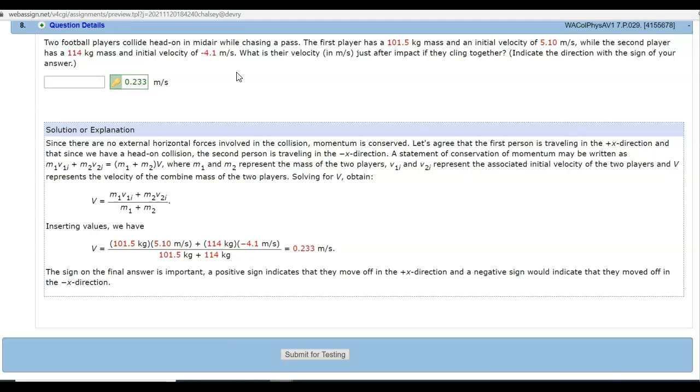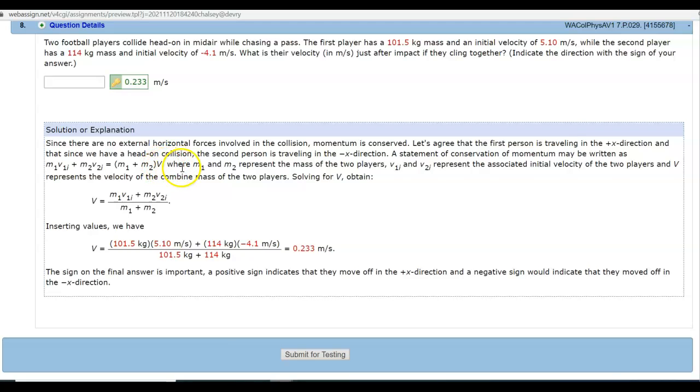Okay, since there's no horizontal forces involved in the collision, momentum is conserved. So the first person is traveling in the X direction, and since we have a head-on collision, the second person is traveling in the negative X direction. A statement of conservation of momentum may be written as the mass of the first person times the velocity of the first person plus the mass of the second person times the velocity of the second person is equal to the two masses added together times the velocity